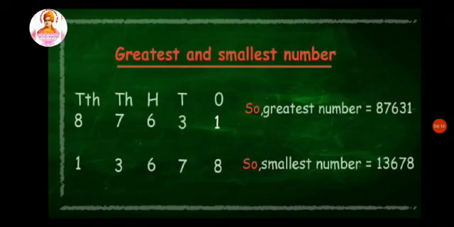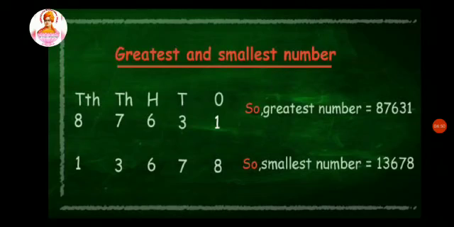Then the exercise like to find the greatest number from the given digits or to find the smallest number from the given digits. Some digits of numbers will be given to you. You have to arrange those numbers to find the greatest number or the smallest number. How can we arrange the numbers to find the greatest number? You just arrange the given numbers from big to small, that is, in descending order, to get the greatest number.